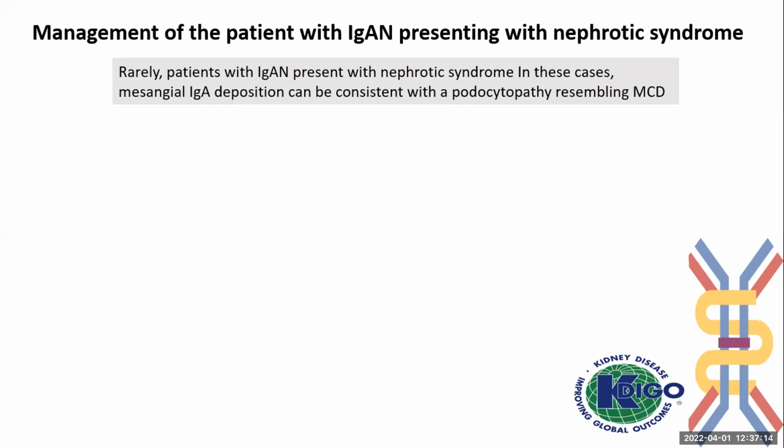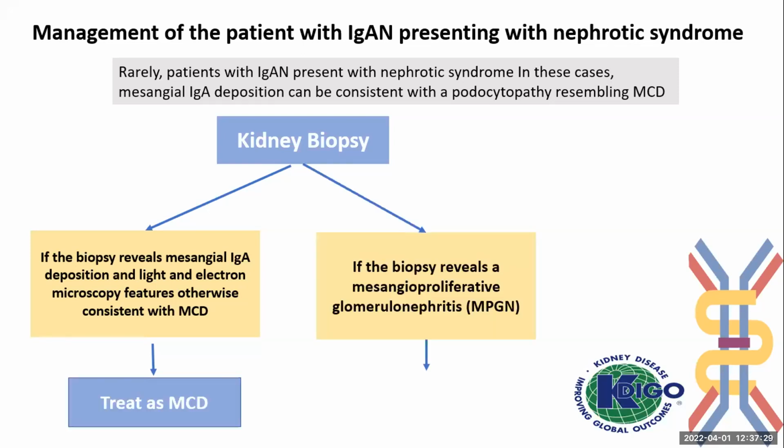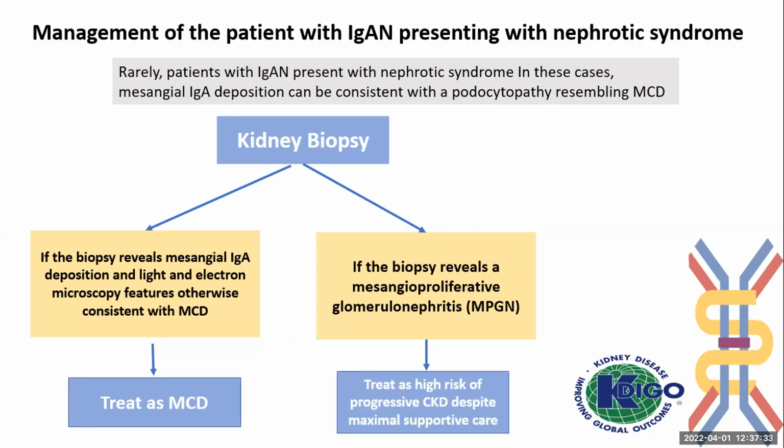In these cases, mesangial IgA deposition can be consistent with a podocytopathy resembling minimal change disease. So if the kidney biopsy reveals mesangial IgA deposits with light microscopy and electron microscopic features consistent with minimal change, we will treat it as minimal change. And if the biopsy reveals a mesangial proliferative GN, it's time to treat as high risk of progressive CKD despite